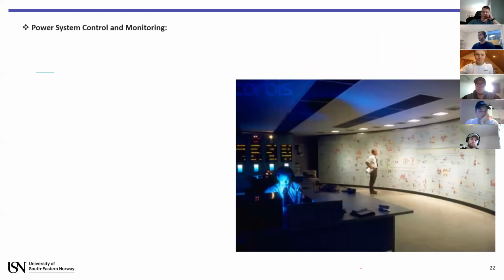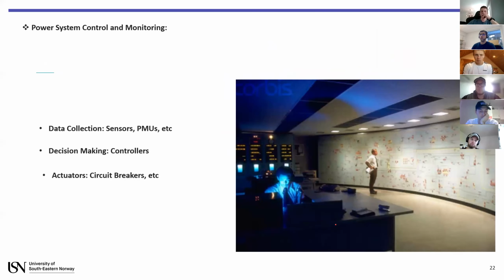So it's a picture from the monitoring room. We have a power system, and we need some measurements. For example, you want to decide which power plant and how much power we want to have in the system, and which load should be